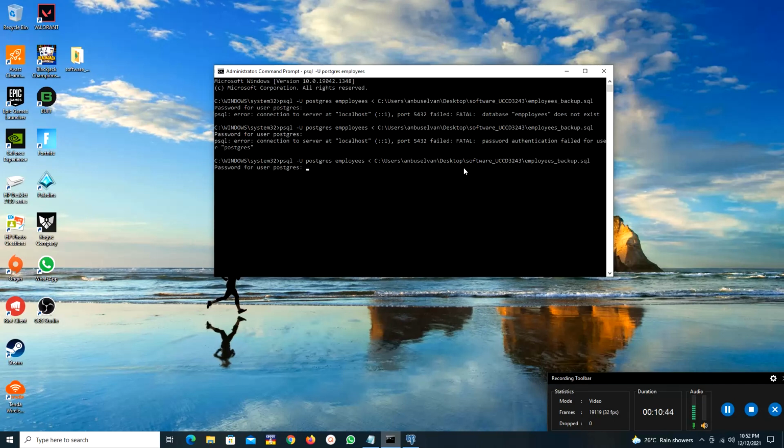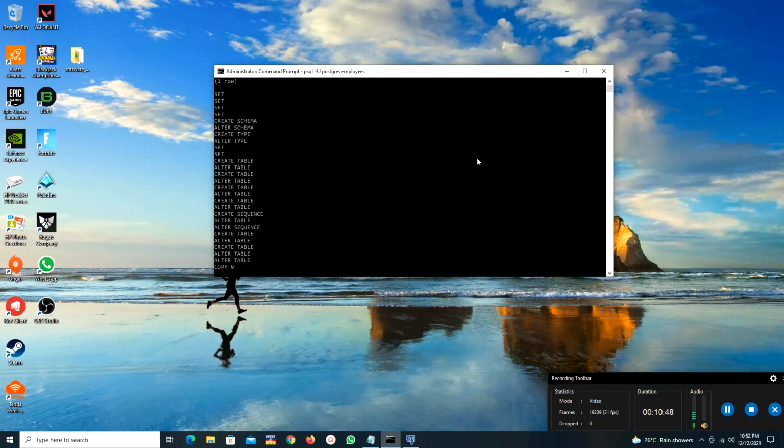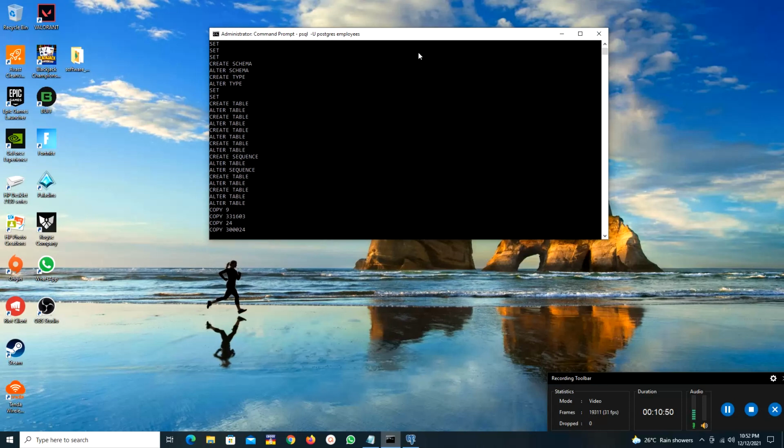Okay, PostgreSQL. Okay, so it's actually restoring the data, right? It's actually a huge amount of records there, right? So it takes a while. After that,